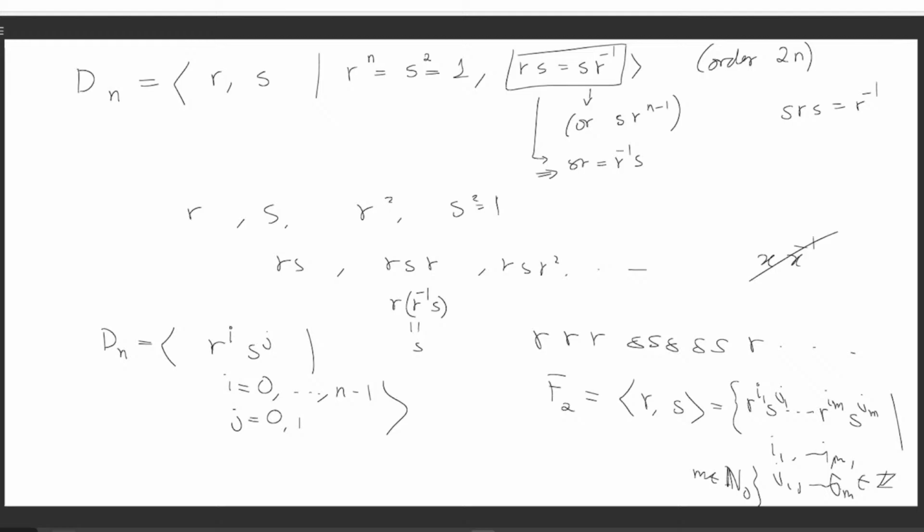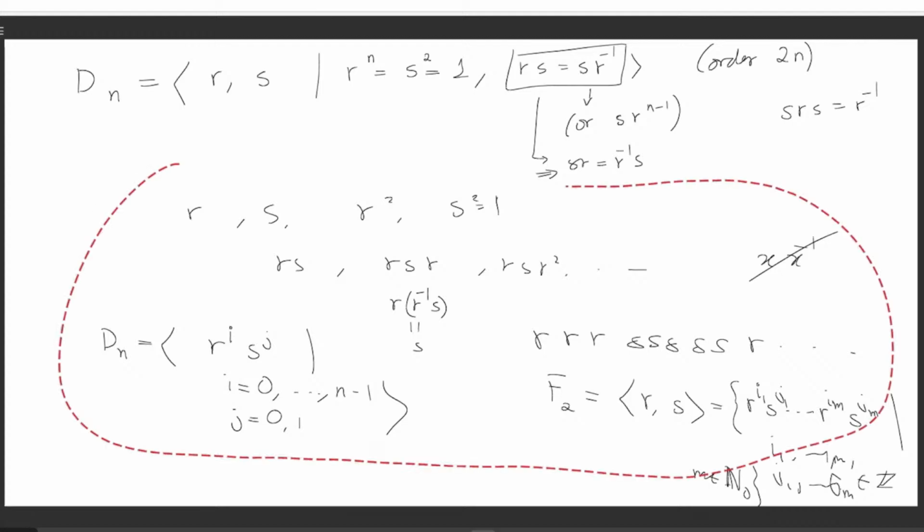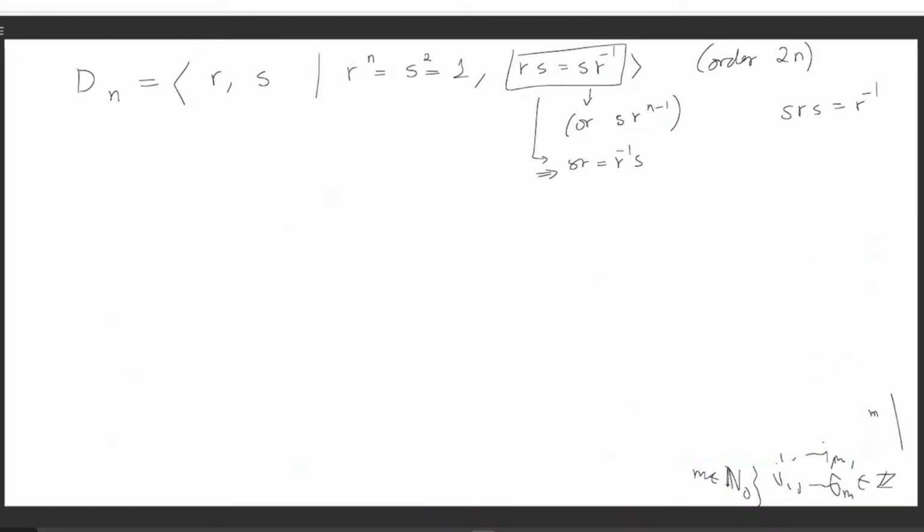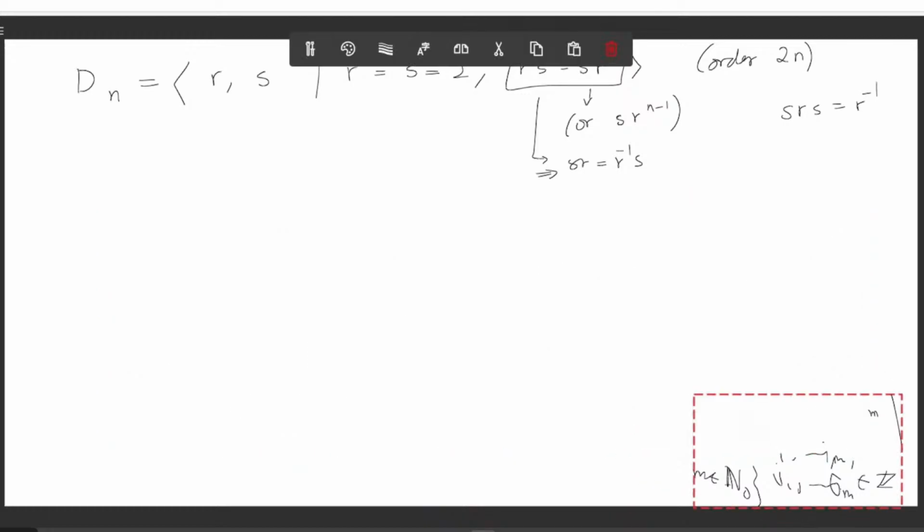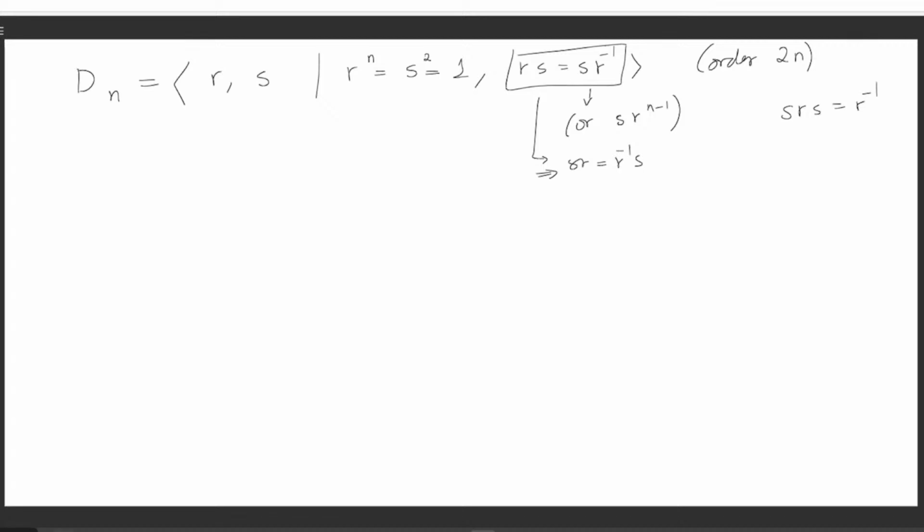So the point is, now suppose you want to determine homomorphisms from Dn into some group. So given this presentation, the question is, what are the homomorphisms from Dn into some arbitrary group G? So this will represent the collection of homomorphisms from Dn into G. Okay, this is just the set of homomorphisms from Dn into G. How can you determine these? That's the question. We already did this for